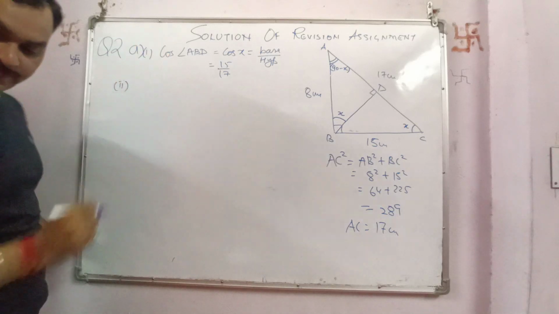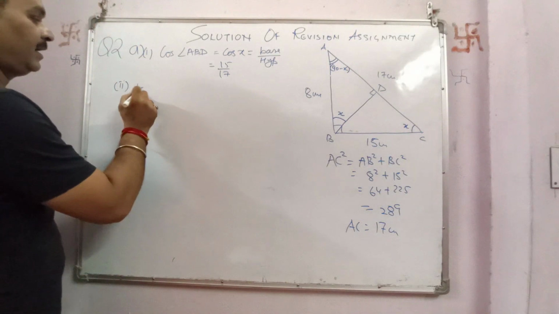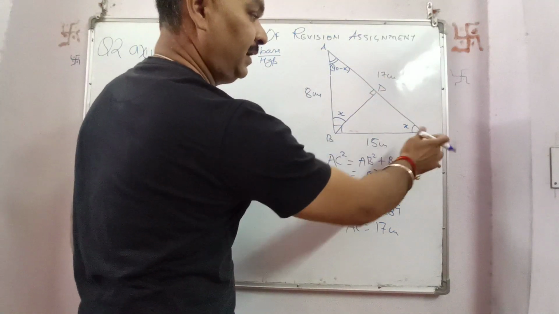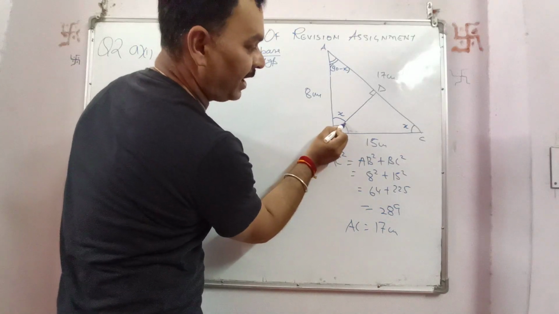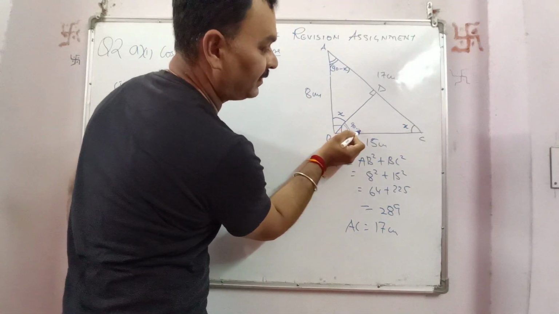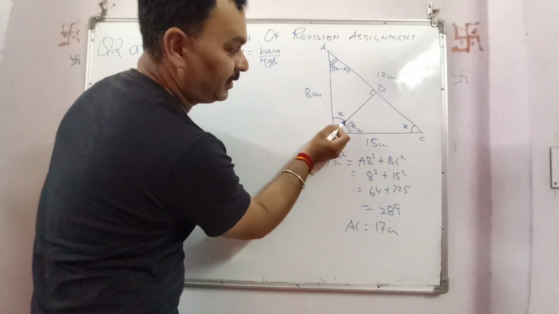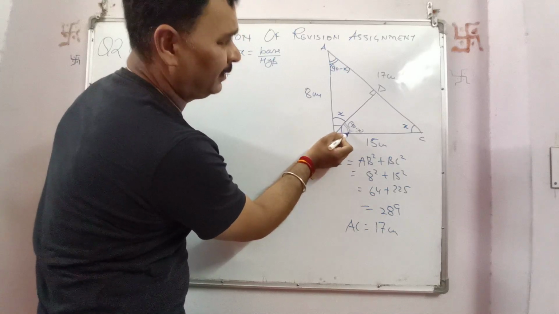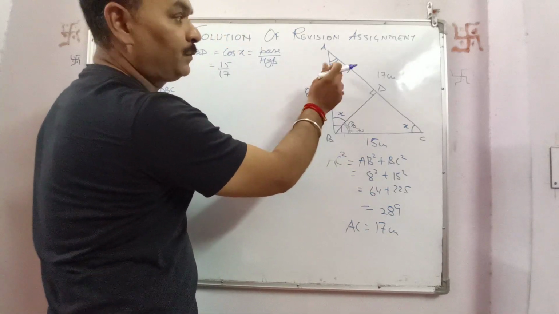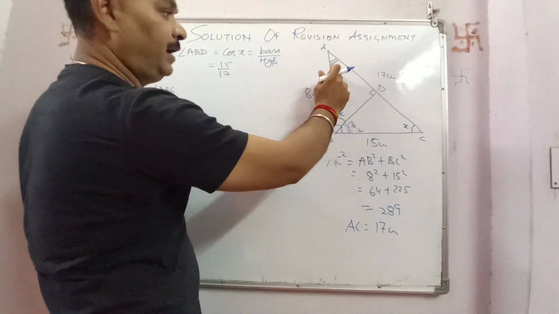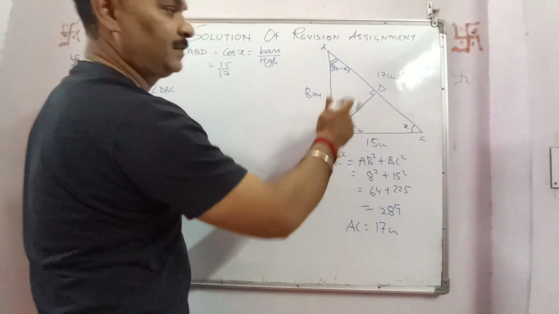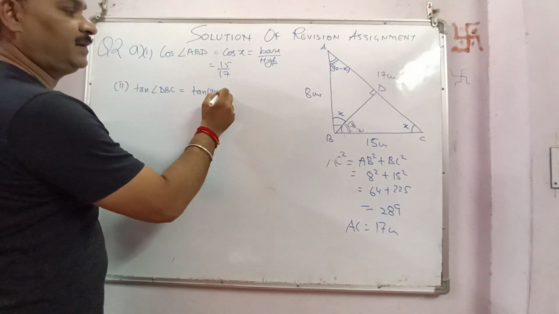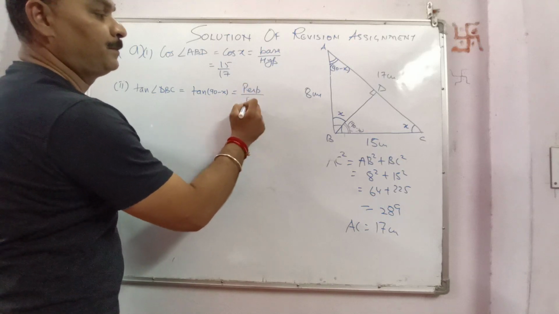Now second part, we need to find out tan of angle DBC. Okay, DBC. Now we clearly see that angle DBC is 90 minus X. As this whole angle is 90, this part is X, so this will be 90 minus X. So instead of finding this angle, 90 minus X, we will find out tan of angle A, which is equal to tan of angle DBC. So that will be tan 90 minus X, which is perpendicular upon base.